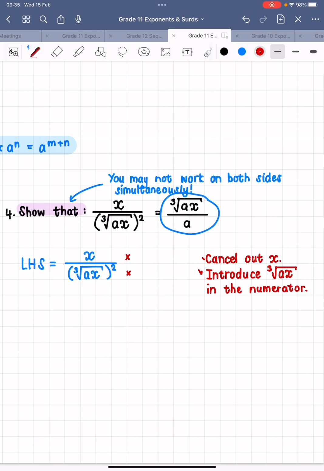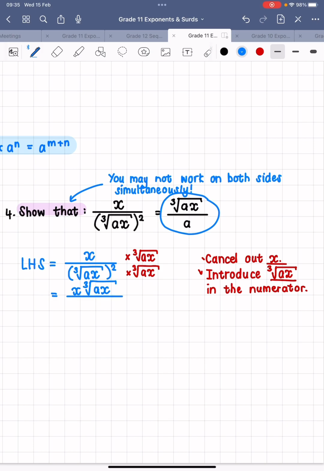So what can I multiply the top and the bottom by in order to allow me to introduce this in the numerator and be able to cancel out x in the denominator? Or sorry, be able to cancel out x in the numerator by having an x in the denominator. Well, if we multiply the top and the bottom by the cube root of ax, let's see what happens. Cube root of ax and cube root of ax, I am going to get x times the cube root of ax